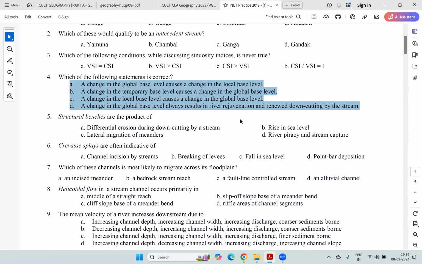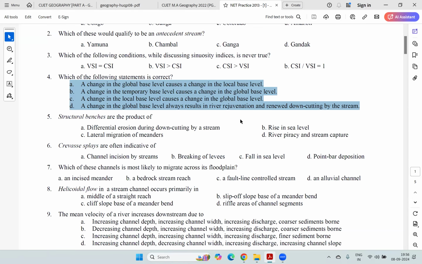না, মিয়ান্ডার নয় এখানে, কারণ ইনসাইজ মিয়ান্ডার মানে ওটা নিচে কেটে বসে গেছে। Okay, not an incised meander, because incised meander means it is downcutting. It's a downcutting meander. There is a regional uplift and the meander is cutting down into the terrain. All right, so it is not likely to go sideways. Rather, an alluvial channel, a simple alluvial channel that is flowing freely, 7D would be the better answer.